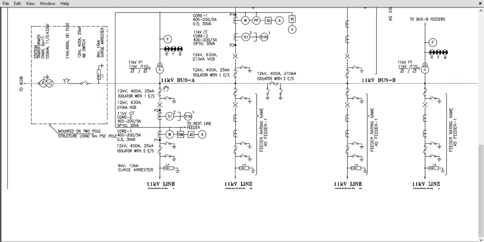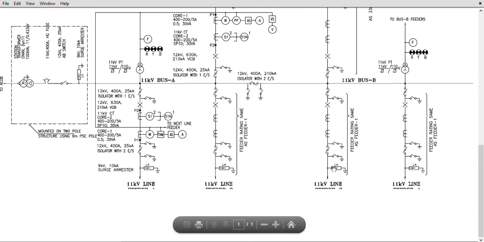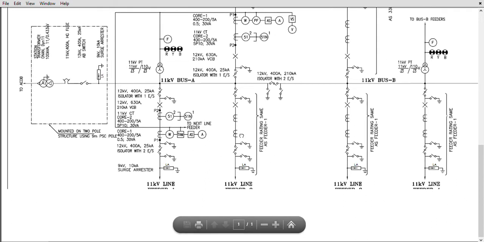And let's come to the 11 kV feeder bay. So we have 1, 2, 3, 4. Total we have 4 numbers of 11 kV feeder bays. Now here, what is the first equipment after the bus? Isolator. 11 kV isolator with earth switch. About the ratings, how the current rating will be given, what is the short circuit rating, these are all the details we'll discuss in detail in a separate video about equipment.